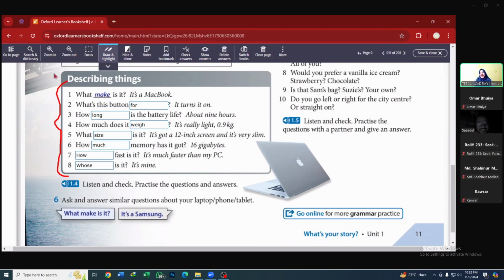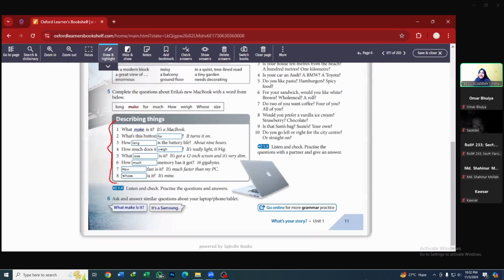Okay, now we have a clear idea of how we can describe our own thing. Specifically, we just spoke about our gadget, and it's very easy. It will be very easy for us in future to talk about our gadget or anything specifically while asking questions and answering them, right? So that was about describing things. I will have to say all of you performed very well. You did great while doing the conversation, even while completing the activities. Now, moving on to our next activity.